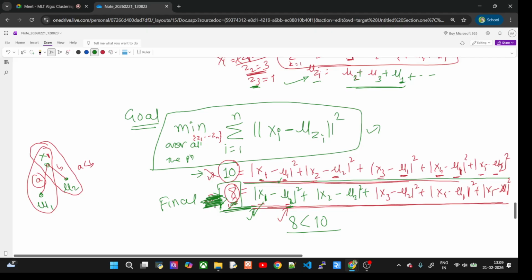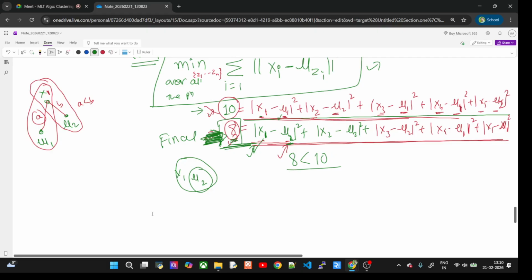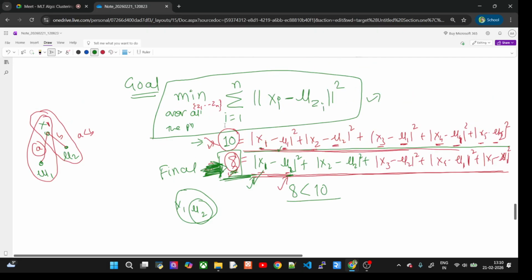It's saying that x1 is closer to mu2, meaning your cluster 2, rather than mu1. That's why you move x1 to this distribution: x1 belongs to the mu2 cluster. This is the objective function of your k-means clustering. The objective function states that I will do all the summations, like x1 minus mu1, x2 minus everything, and I want the arrangement of z1 to zn which gives me the minimum value of this equation,